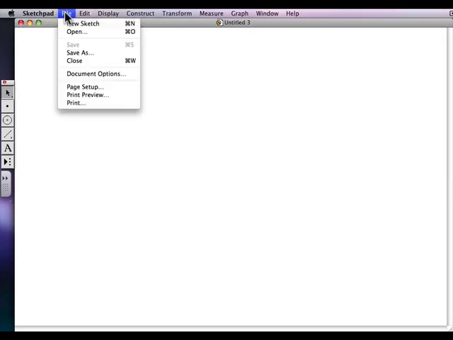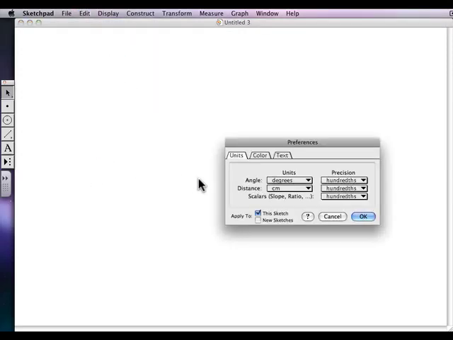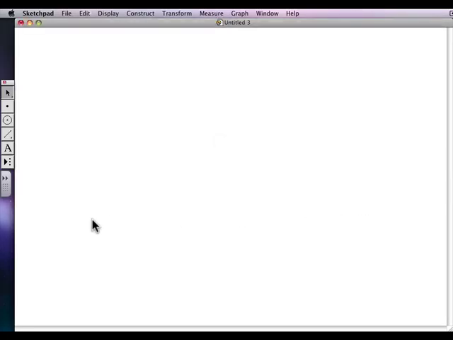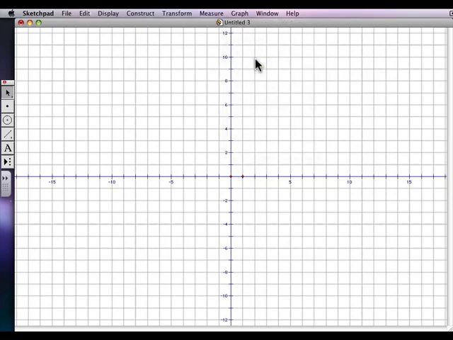So to begin this activity, start by opening a new sketch window if you don't have one already, by clicking File, New Sketch. Select from the Edit menu the Preferences option and make sure that the precision is set to hundredths. Now from the Graph menu, we'll select the Show Grid option as well as the Snap Points option. This way, any points or lines we attempt to place on the grid will always go to an integer numbered